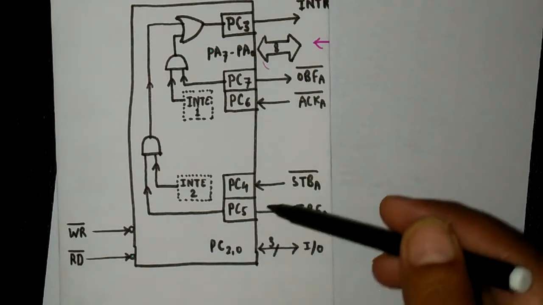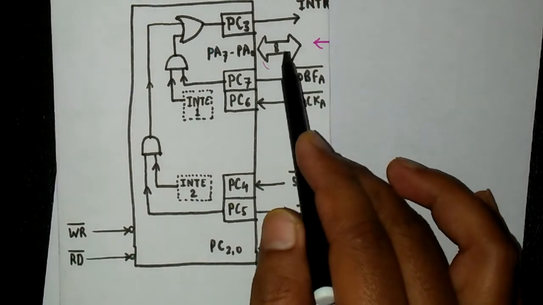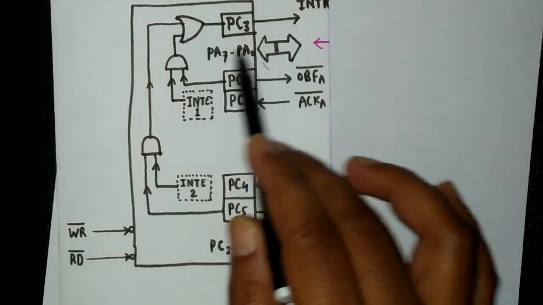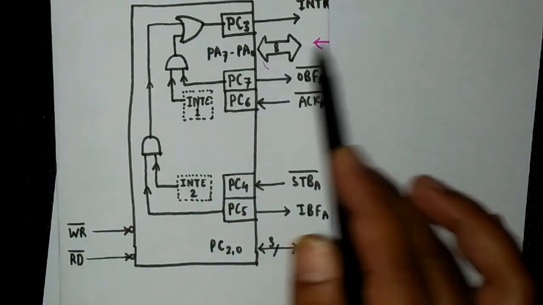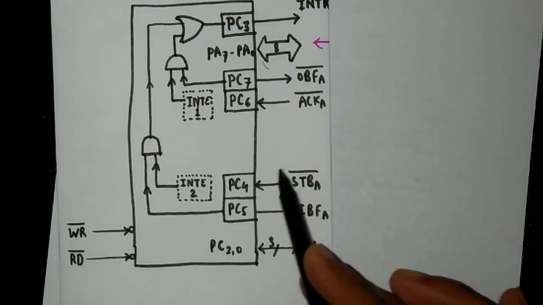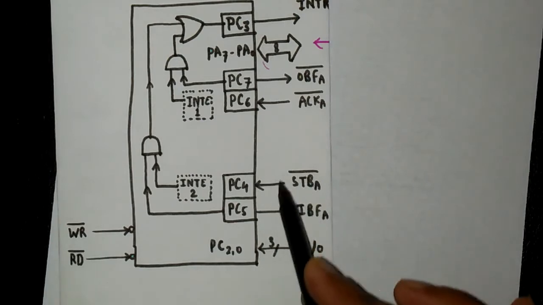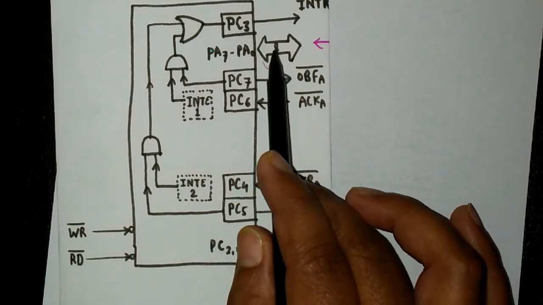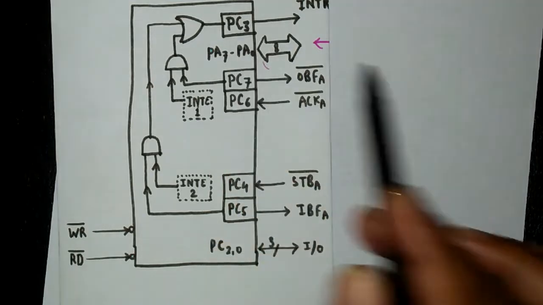So now in this case, a peripheral device will write some data here on port A, and as this peripheral device sends the data to port A, it will also send a 0 on this pin, the PC4 pin, that is the strobe pin, and this 0 signal will put the data present on the peripheral bus into the input buffer, the input latch of the 8255.